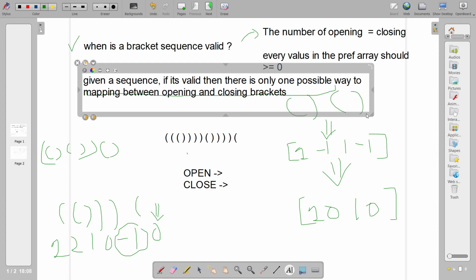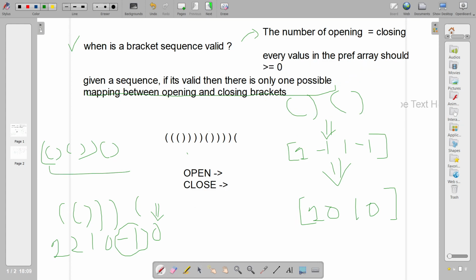So there is only one possible mapping between the opening and closing brackets. What I mean by this is, if this is a valid sequence, then this opening bracket is mapped with this closing one. This opening is mapped with this closing. This opening is mapped with this closing, and this one by this. There is no other possible mapping.